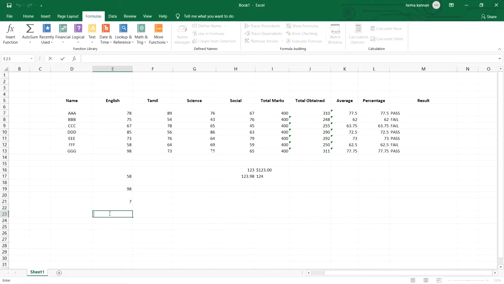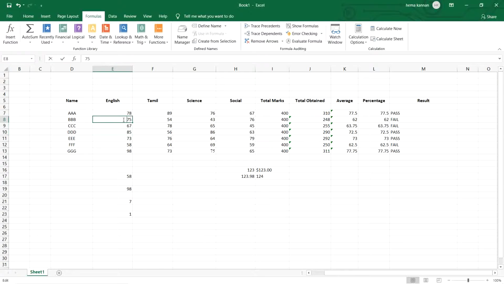For that, give equal to countif, range, comma, criteria is I am giving 85, close the bracket, enter. So in this I have obtained the value 1, because we have only one entry as 85.